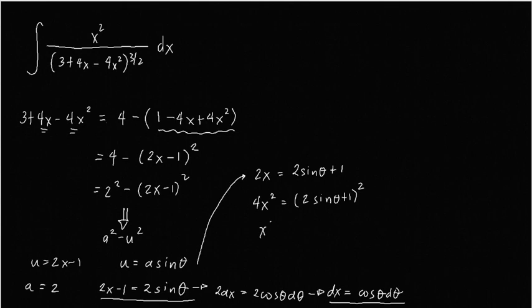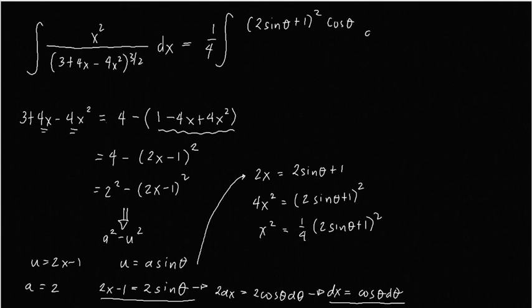Then furthermore, x squared is equal to what? 1/4 times 2 sine of theta plus 1 squared. So this will be substituted here as follows. x squared is this, so I will factor out 1/4 here. Then I will put here 2 sine of theta plus 1 squared. Then dx is cosine of theta d theta